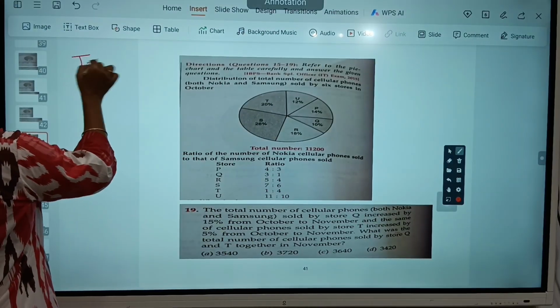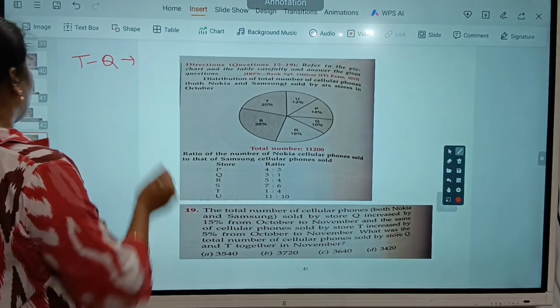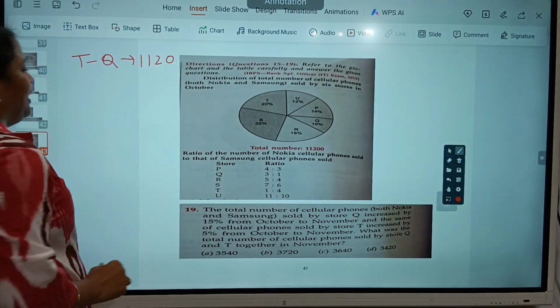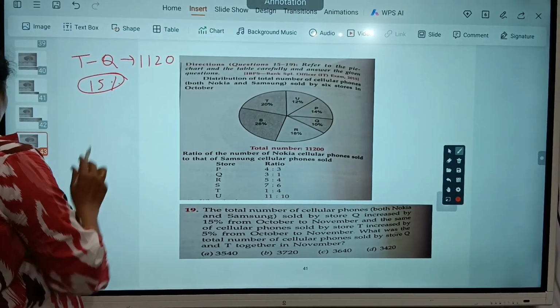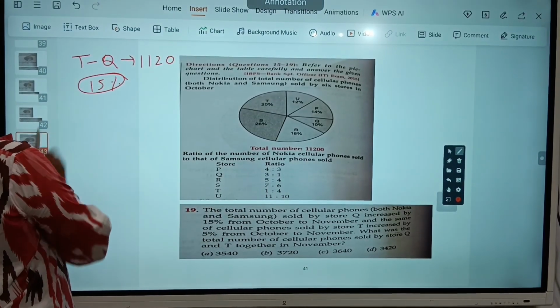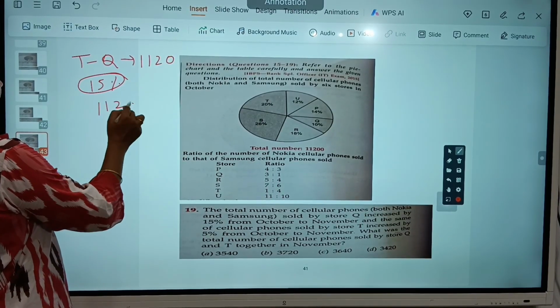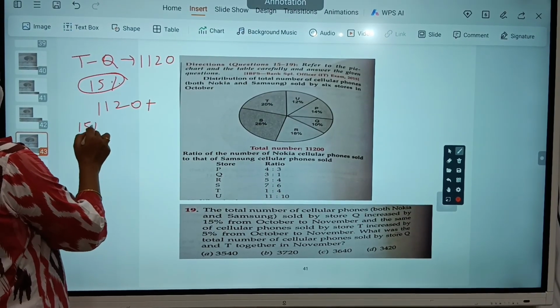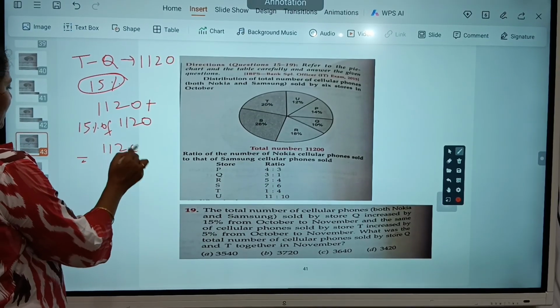It is nothing but we got in the table 1120. This was increased by how much? 15%. So we have to do 15% of 1120. 1120 plus 15% of 1120. This is nothing but 1120 plus